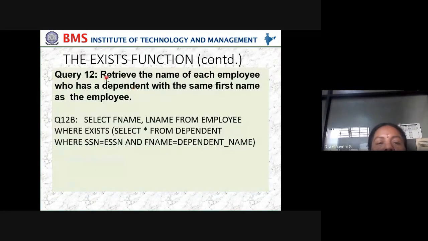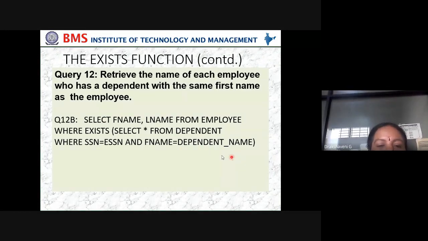Okay, so next we want to know about exists. We want to check how the exists keyword works. Retrieve the name of each employee who has a dependent with the same first name as the employee. Select first name, last name from employee where exists select star from dependent where SSN equals ESSN and first name is equal to the dependent name also.